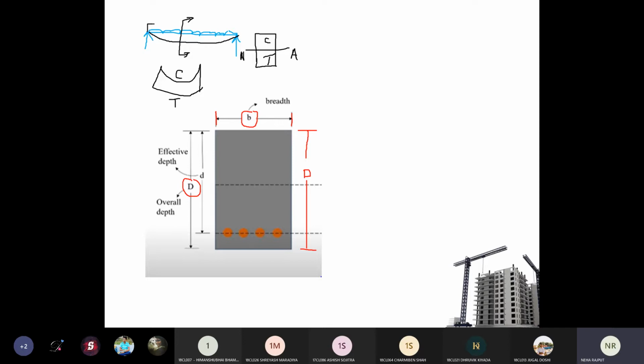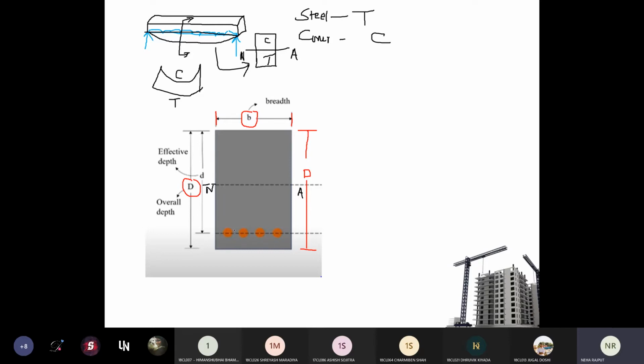So this is nothing but a beam. If you take the cross section, this is the cross section, and here also the dotted line is showing the neutral axis line. As I explained earlier also, steel is strong in tension. So we will use the steel to take care of the tension, and concrete is strong in compression, so we will consider concrete for resistance towards the compression stresses.